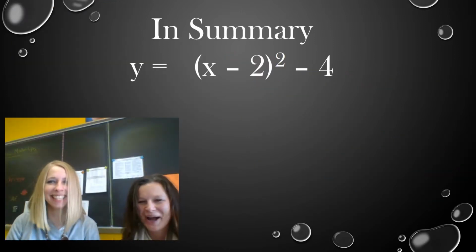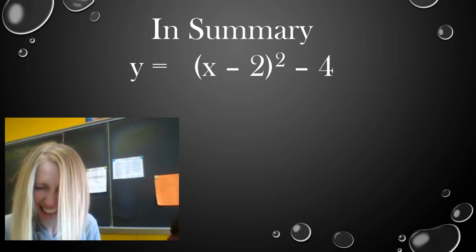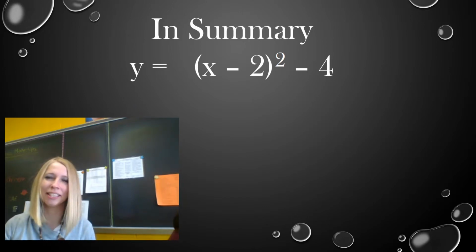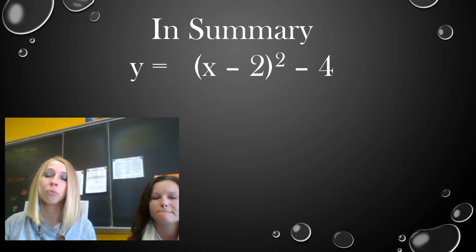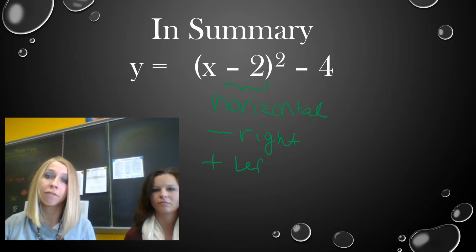So, in the summary, we're going to talk about what this means in the equation. So the thing that I just showed you was what's being added or subtracted to just the x, which is this guy here. So this is your horizontal shift. So this is minus to the right and plus to the left. This is the one that's